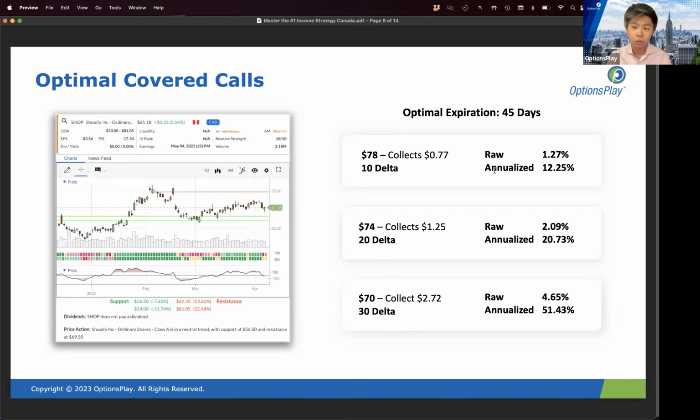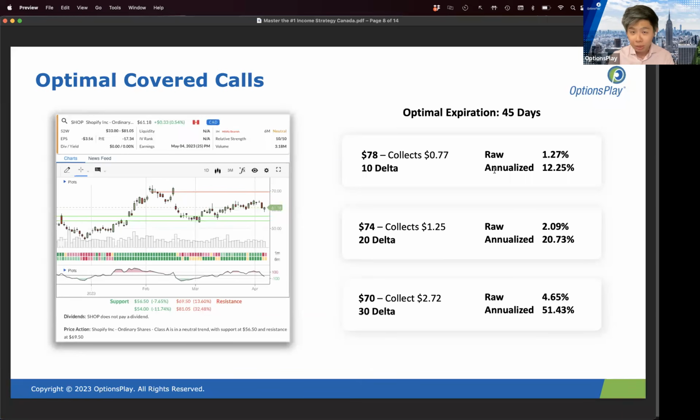The lack of ability to know what expiration date and strike price to choose is usually what forces most investors to stop this specific strategy, because they'll do it for a while and they say, my stock got called away. I missed out on all this upside. I don't want to do this anymore because I've missed out on too much upside. So if that resonates with you, here's where you have to pay attention.